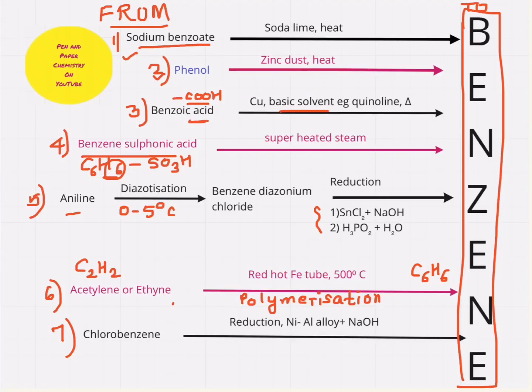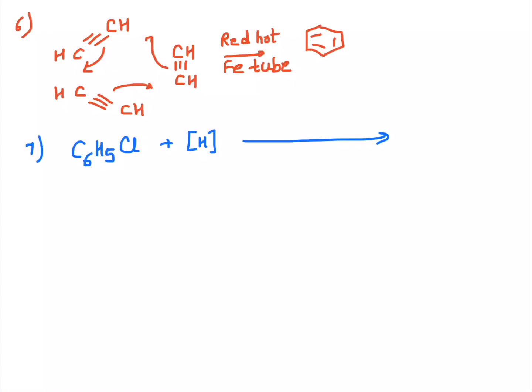And are we already on to our last one? Looks like. So chlorobenzene, that means benzene is C6H6. Chloro means I replace one of the hydrogen by Cl. Simply bring about its reduction using nickel aluminium alloy in an alkaline medium. You will have to remember the reagents. So please make sure that you write each reaction 3 times to get the hand-eye coordination working right. So there we go, the seventh reaction in the preparation of benzene.